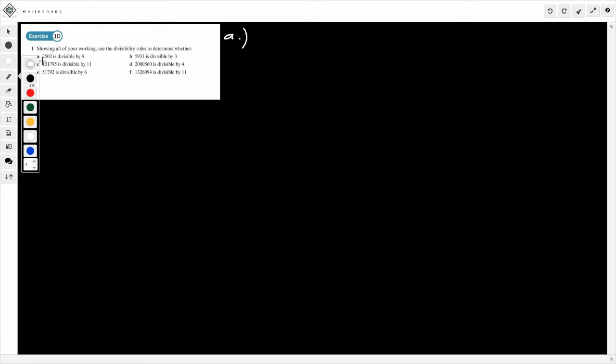So we've got 2,502, so that's 2 plus 5 plus 0 plus 2. So 2 plus 5 is 7, plus 0 is 7, plus 2 gives me 9. 9 divides 9, so therefore 2,502 is divisible by 9. So the trick for divisibility by 9 is you add up the individual digits. If they add up to a number that's divisible by 9, it's divisible by 9. So therefore